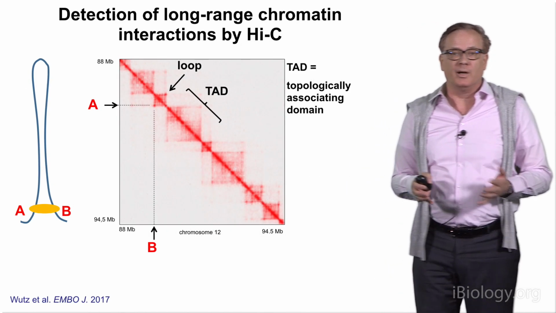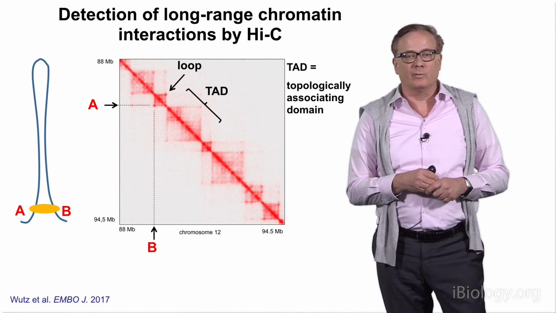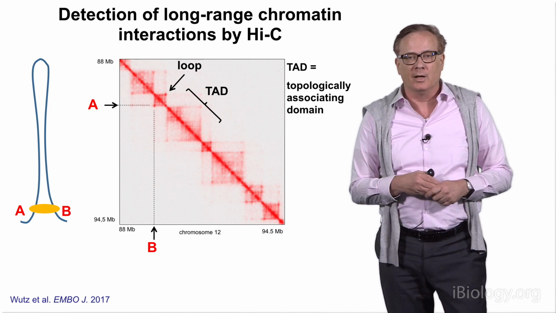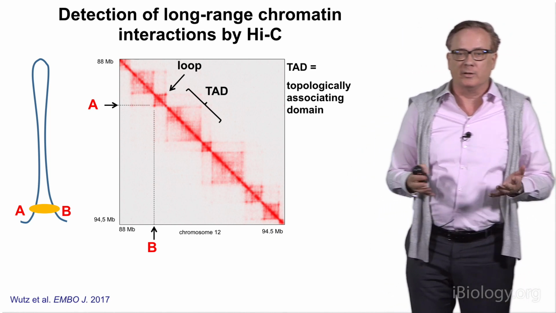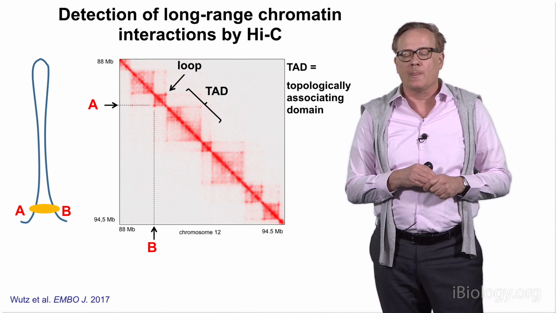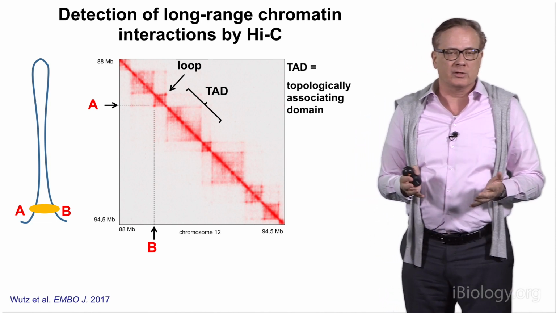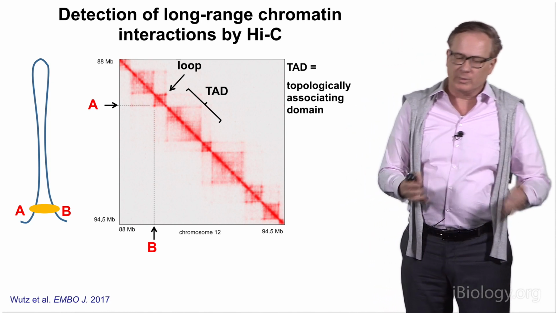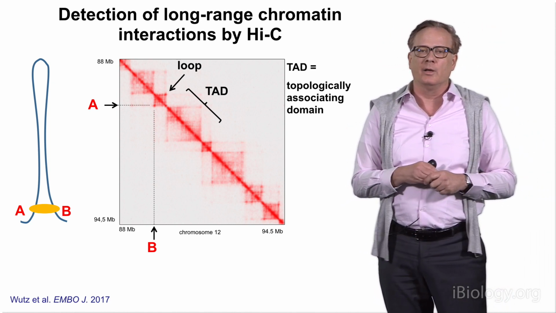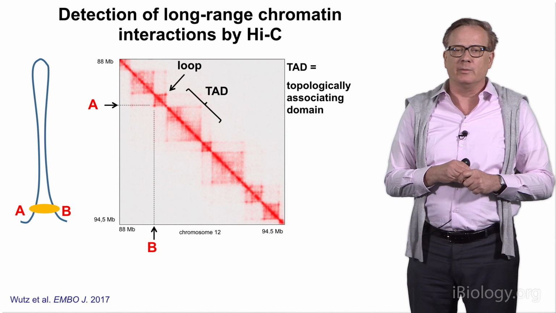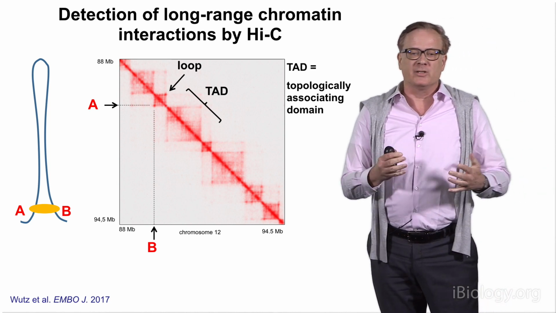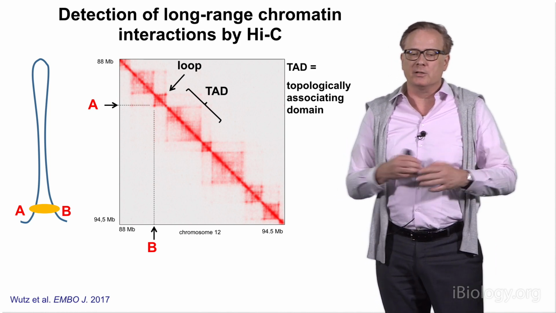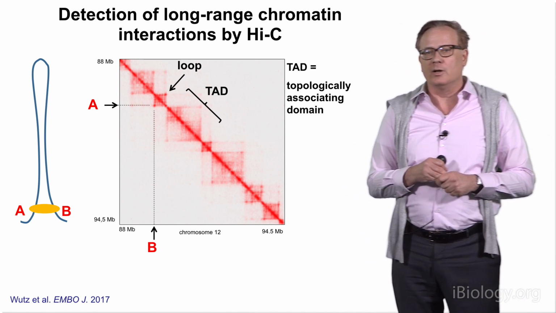Now, in case you have seen part one of this lecture series, you might remember that one can see loops relatively easily by light microscopy in very specialized meiotic chromosomes, the so-called lampbrush chromosomes. But it turns out it's much harder to visualize loops in somatic interphase nuclei. Best one can do this for one or two or a few at a time by using hybridization of fluorescent labeling techniques. But it turns out that one can identify such loops, long-range interactions, by a different technique called Hi-C,